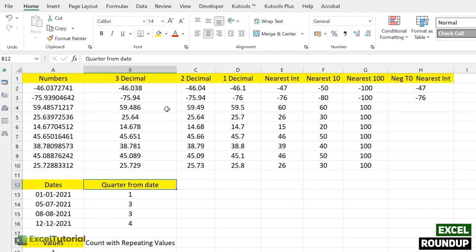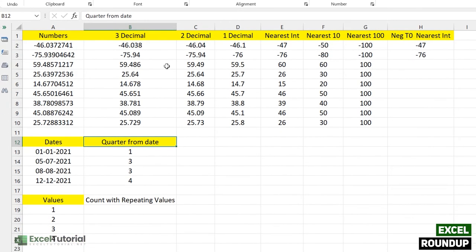So now we are going to create a game using the ROUNDUP function. I know it may sound very weird, but yes. In this particular example, we are going to count with repeating values. What does it mean? It means a value is 1, and here I want to count all the values with